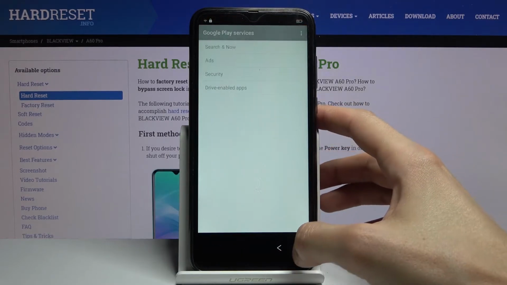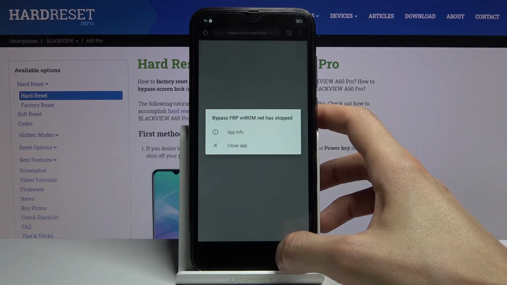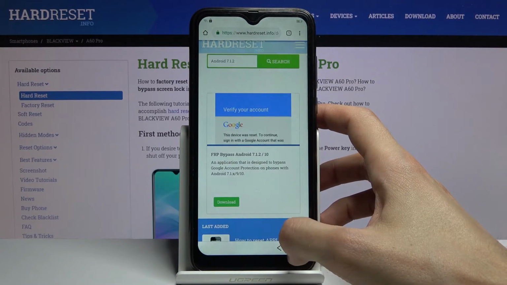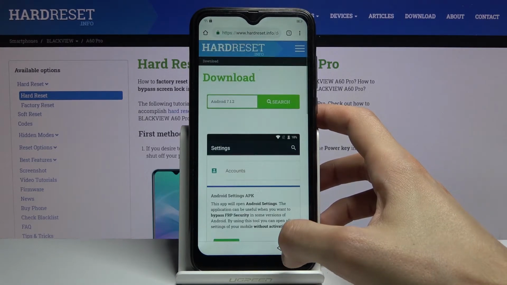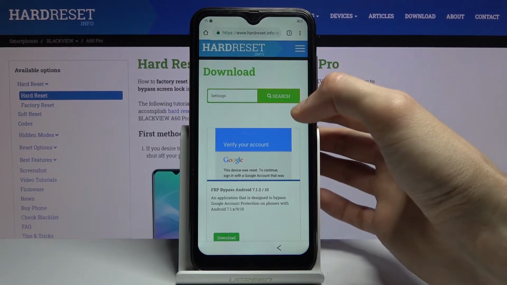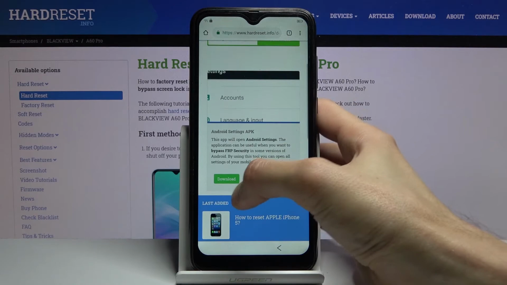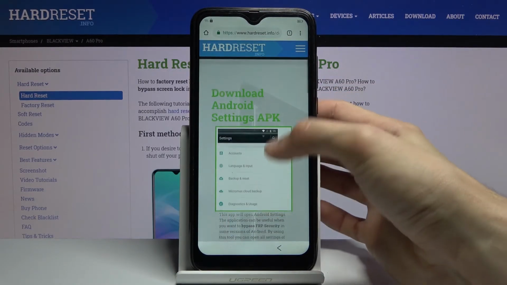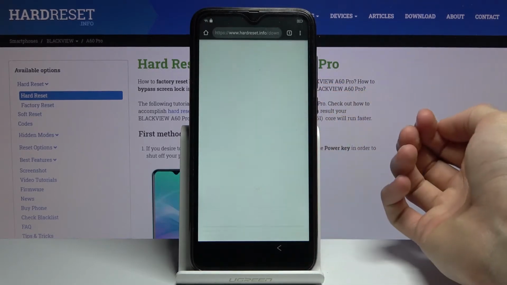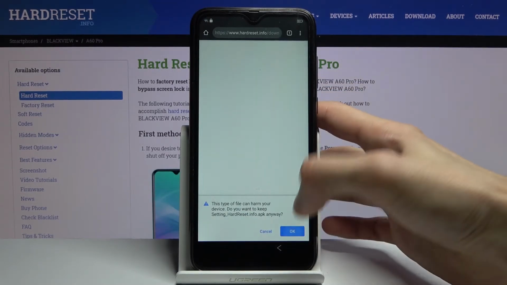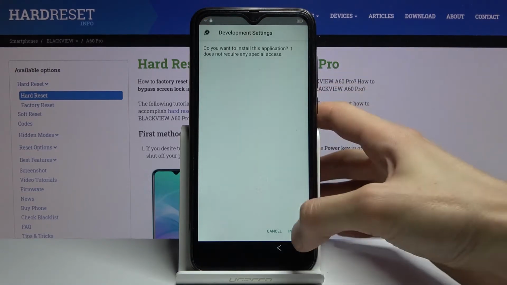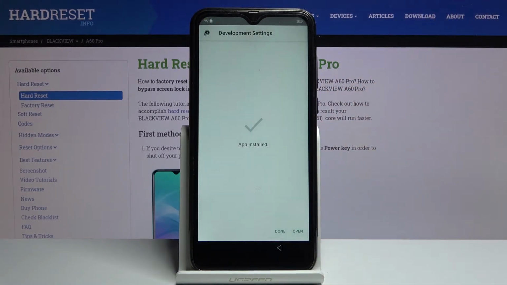So let's tap on open, and then go back, go back, go back. Let's go back once more. There we go. There's the settings, so let's search for that. And we need to download now settings. So scroll down again, hold this, open in incognito, same as before. Tap on OK, and once it's done downloading, open it up, install, and this time around, you